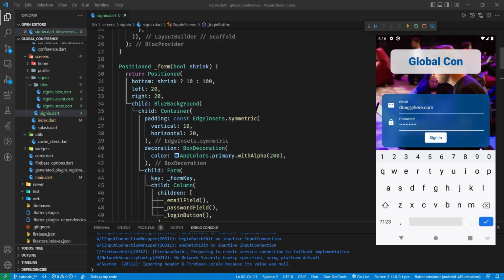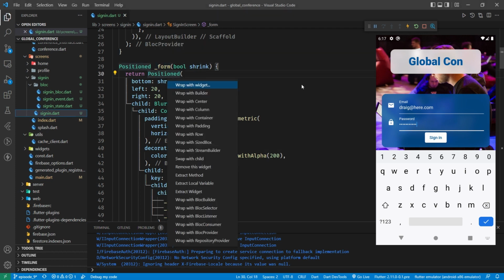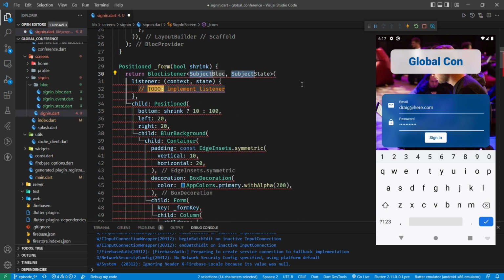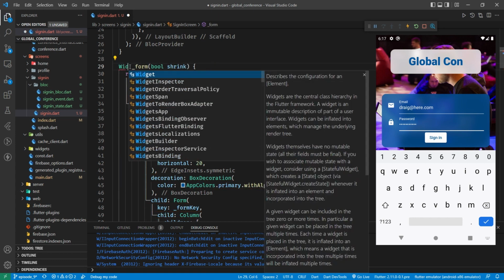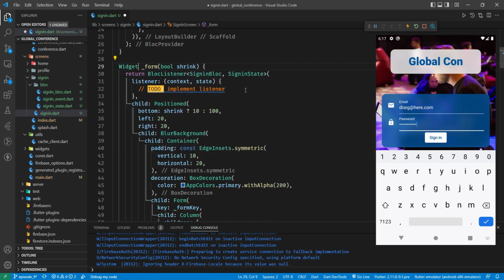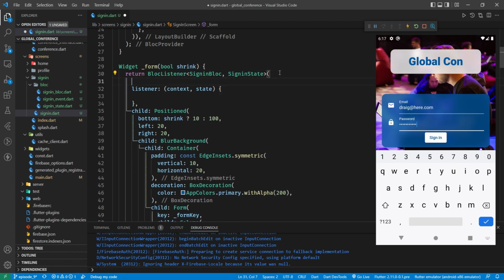Well, I think we're going to do it in our login form, and I'm going to take the positioned and I'm going to wrap this with a block listener for the sign-in block. And again, I'm going to have to change this now to a widget. Okay, so a block listener listens for changes in the state and reacts. We've used that before when we navigate from our login page. And so what we can do is, first of all, we can say we're only going to listen to this when